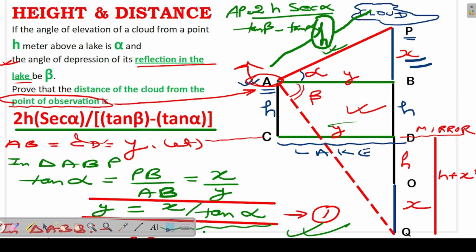So how to solve such questions of height and distance we have seen. We will come up with more questions to get the fundamental concept of geometry, how to solve such questions, and always